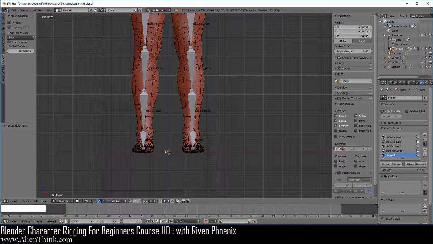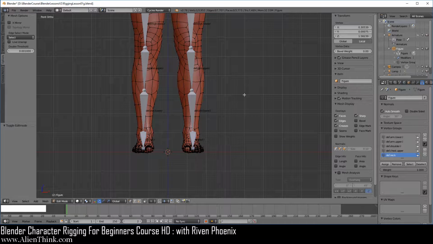And if you open this up, as I've shown you already, the vertices, edges, and faces that define your 3D model, that information is kept separate in a mesh data block. So this is the object data block and this is your mesh data block. And this mesh data block is linked to this object data block.